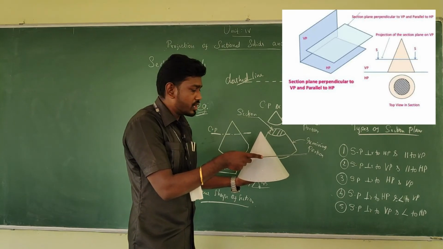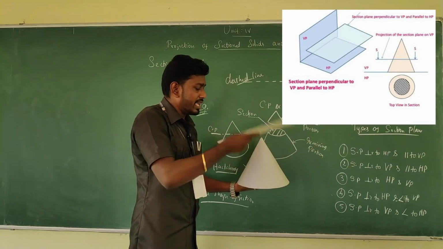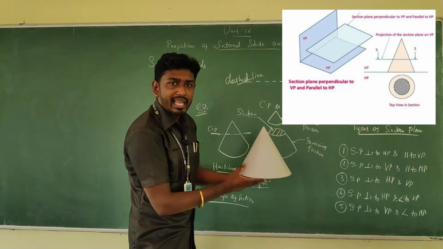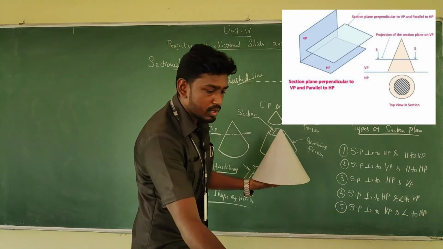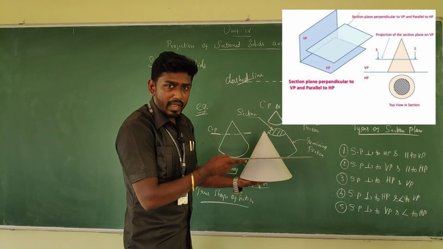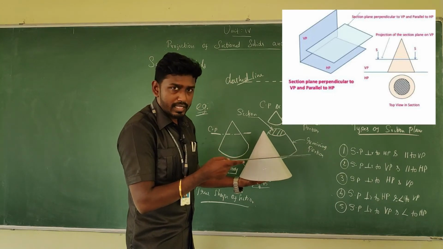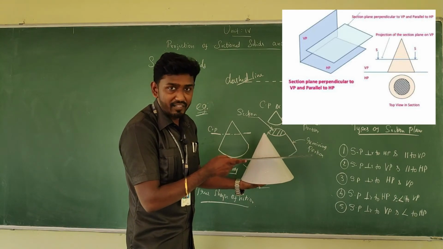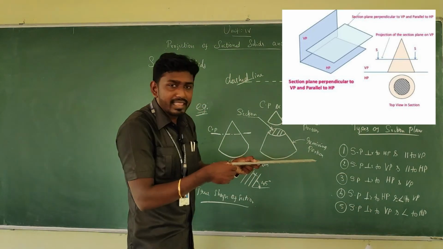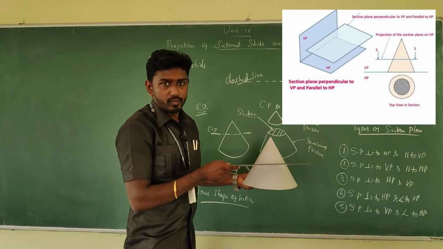When you cut it, the portion between the cutting plane and the observer will be the removed portion, and the part below will be the remaining portion. And how to do the observation in this position? When you are doing the projection work, the cut will happen in the front view, because in the front view we shall see the true length of the cutting plane. So the cut will happen in the front view.